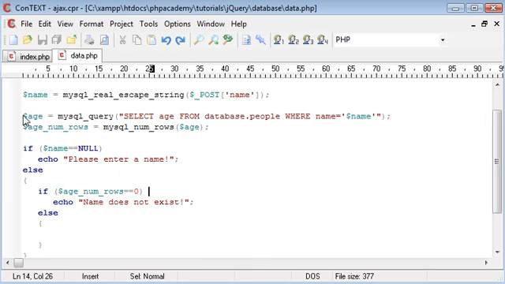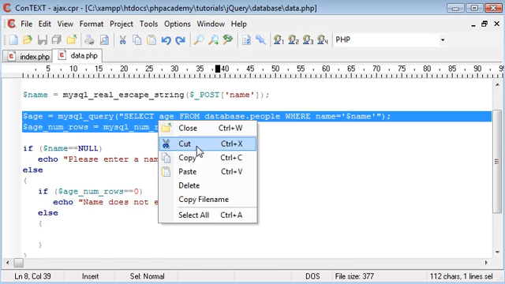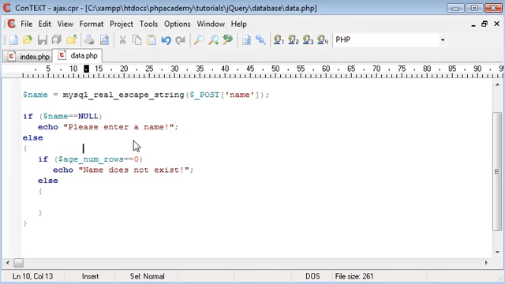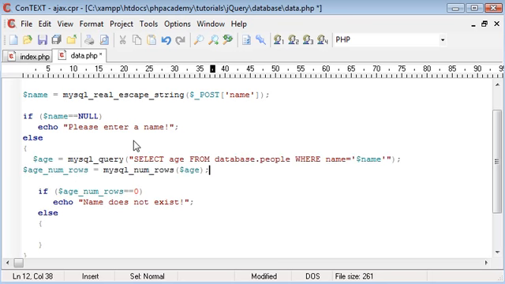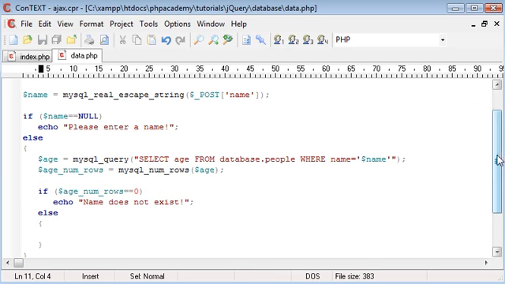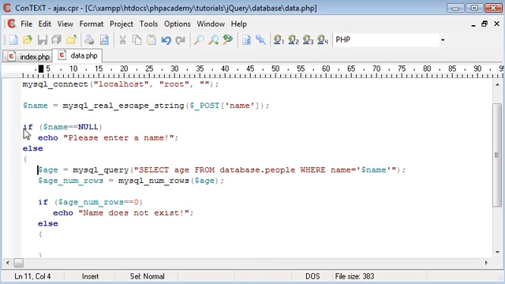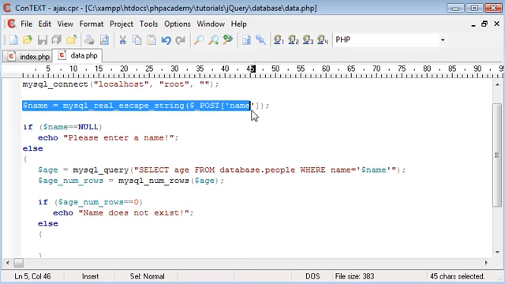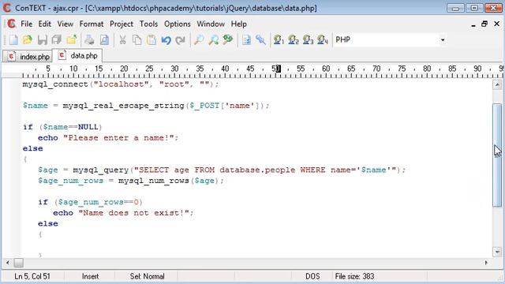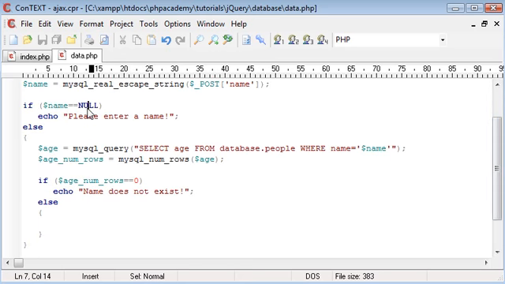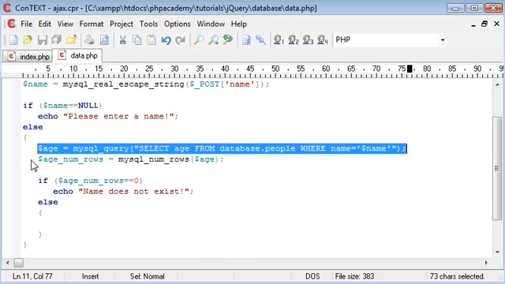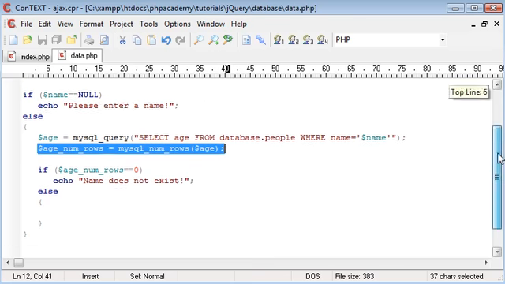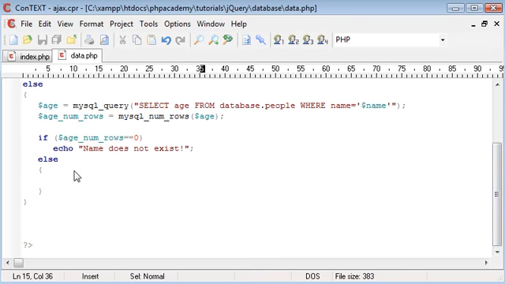So what we can actually do is take this, cut this, and paste it inside this else block here. The reason for this is we're checking for the name. If it doesn't exist, we're not doing anything. We don't need to take the data into account. If a name has been entered, then we can continue with our query, then continue with checking the amount of rows, and then perform this check here to see if it exists or not. And then otherwise, we're simply going to echo out,